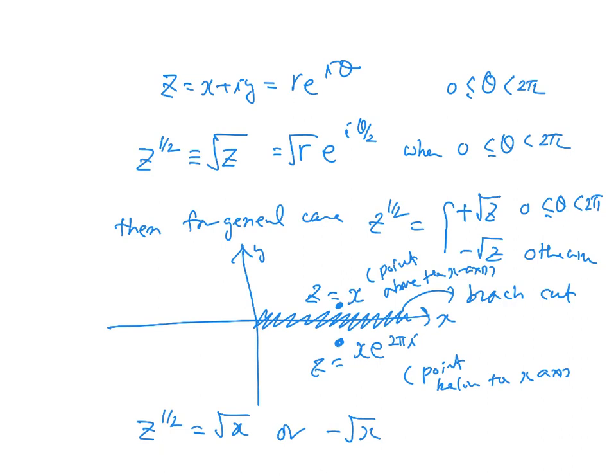So if you calculate it here, then it's minus, right? Because you have 2 pi i. Maybe I should delete this. So using this definition,